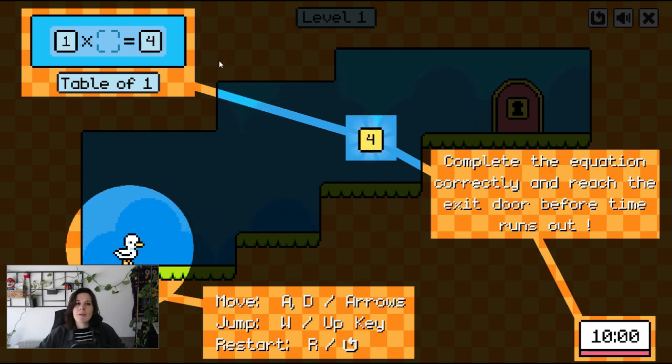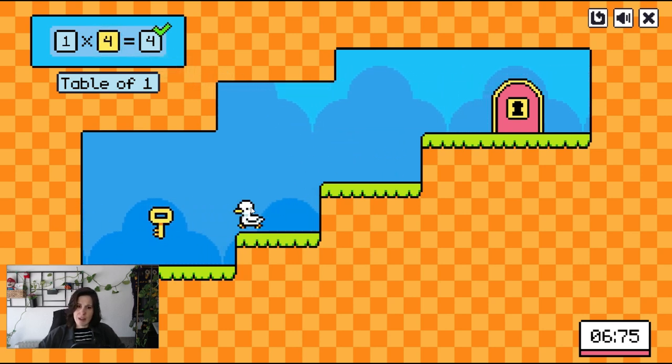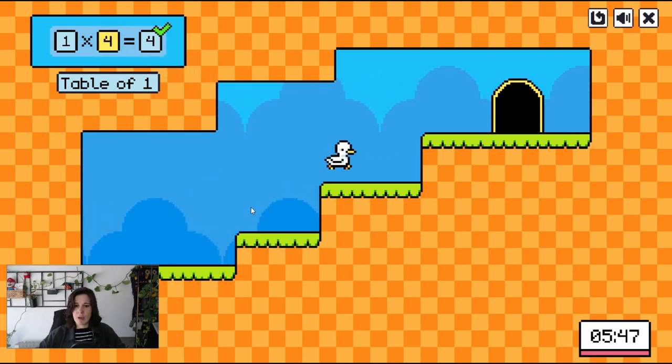What is going to happen? The most appropriate strategy is to solve previously mentally these operations that appear here above, and then memorize the solutions in order to collect them with the duck. Let's see an example. To start the game, we already used the arrows or the letters, and then we see how 1, because the number is 4. And the key appears that we need to pick up with the duck